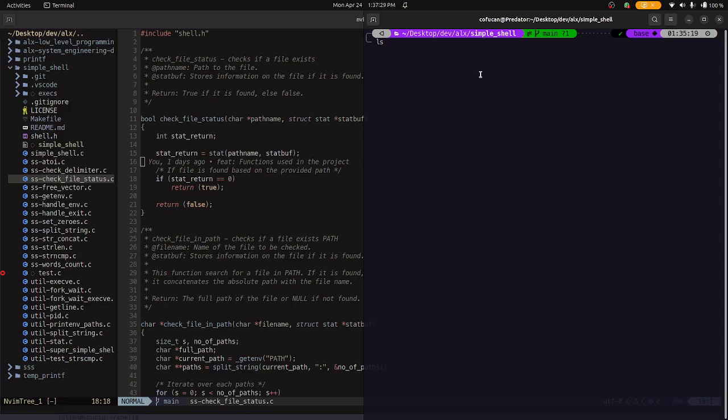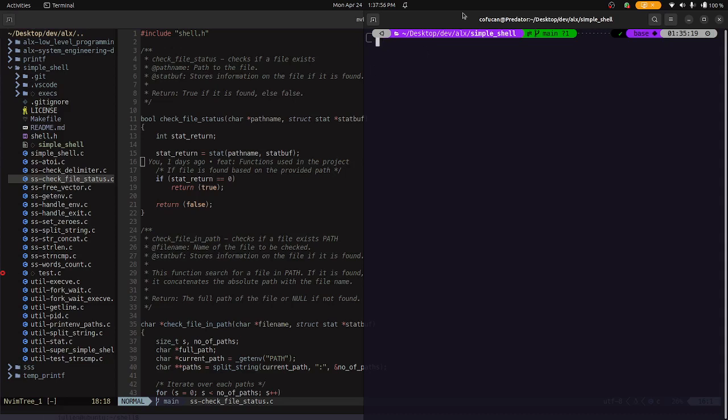Because I typed ls like this, it assumes that I am looking for ls in the current directory, because I didn't put a / or anything. I just said ls, which means look for this thing in the current directory. That's what this thing is doing. So it checks and sees nothing. It says, hey, this does not exist. That's why, if I run it in my